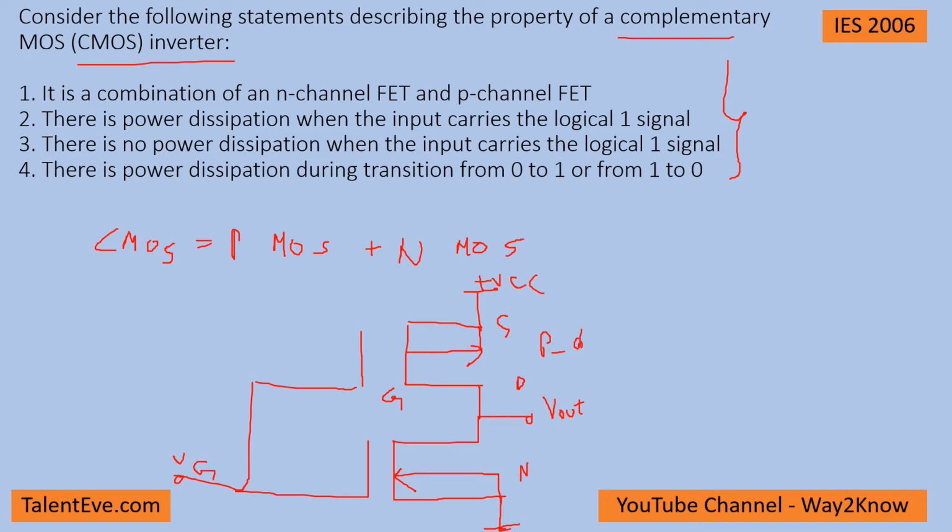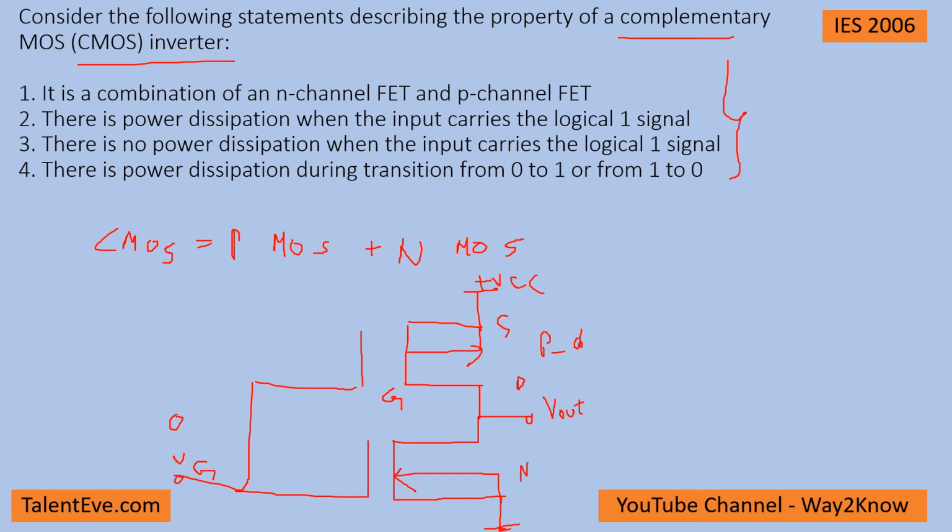So when an input is provided to this gate, the P channel basically would be off when the N channel is on, and when P channel is off, the N channel would be on, and when P channel is on, the N channel would be off. That means both work as complementary devices, and basically when 0 is provided, what happens is